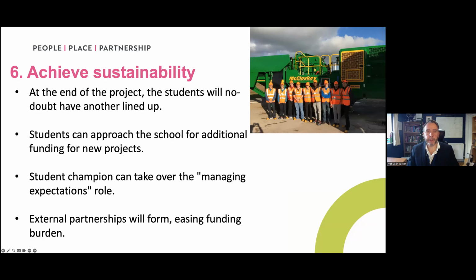The sustainability piece is making sure that once you get this up and going, it keeps going. For me, a lot of this is that once students have seen what is possible from a group of students that went before them, their vision is lifted. The initial problem is students will go, well, I can't do it. It's not going to be possible. You're not going to give me the money. And then once they see all those things are not true, then it takes off. And that seems to be what's happened for us. And we're rolling this out to other groups of people now. And I have to say, within my faculty, we have lots of really successful student societies. I'm picking this one because it was the one I was most personally involved with.